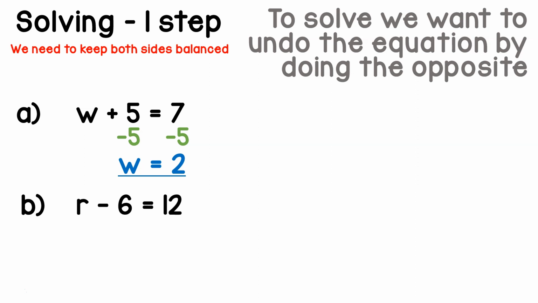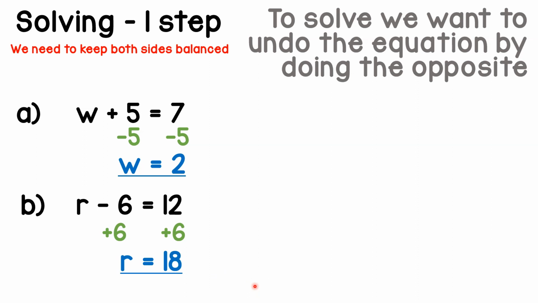Now, if there was a minus there, well, we're going to add 6 to both sides. So instead of minus 6, we're going to add 6 to both sides. Now, if we go minus 6 plus 6 or plus 5 minus 5 here, they essentially cancel out with one another. So they become no longer present on this side of the equation because they make 0. So if we add 6 to this side, this will disappear, and it's just going to be R on this side. And on this side, 12 plus 6